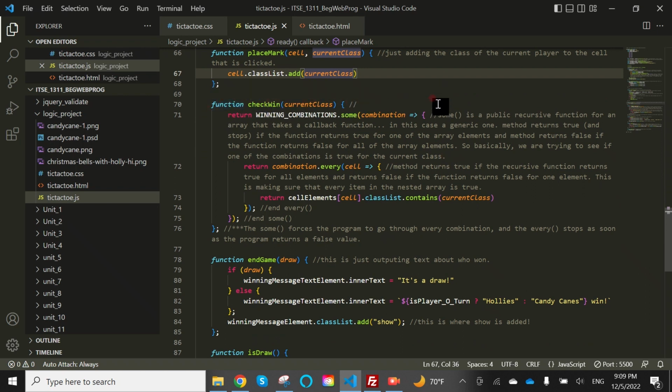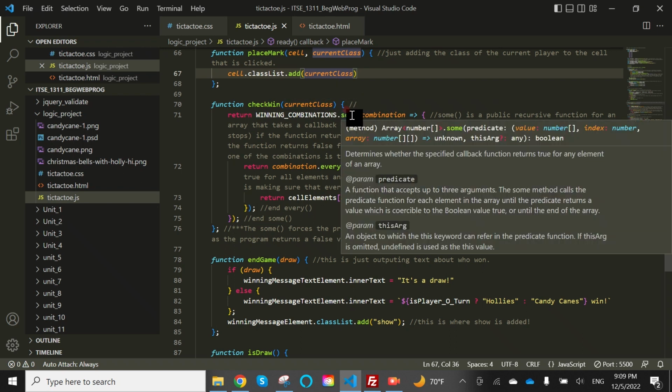Now the check win function. So this one is a doozy and doing a lot of the work in our main function. So I'm just going to explain this top down and then see how that goes. And then if I feel like I need to, I'm going to try to explain it in reverse as well. In simplest terms as possible, what this function is doing is it's being passed the current class,